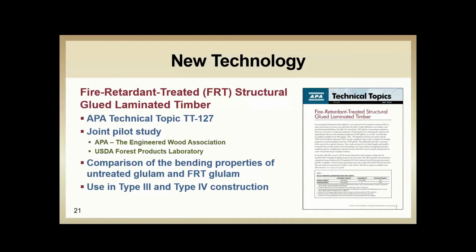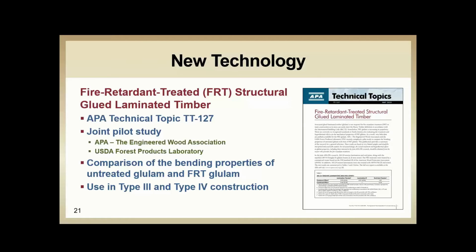And last thing I'd like to mention, some of the recent research that APA and the USDA Forest Products Laboratory has been conducting is interest in using engineered wood products in Type 3 and Type 4 construction has been rising in recent years. The wood industry has been heavily engaged in promotion of multifamily and light commercial construction, Type 3 and Type 4 buildings. So Type 3 and Type 4 construction is a type of construction in which the exterior walls